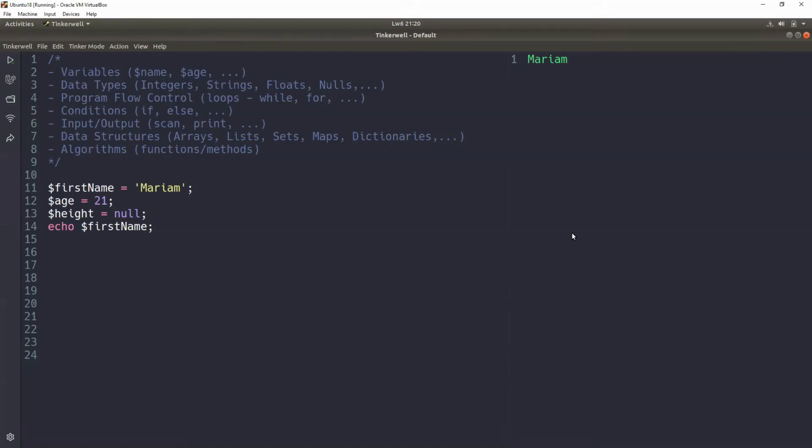For some languages like Java or C, C++, it's a must to define the type of the value that you want to store there. But PHP is smart enough to assign the type of the value. For example, if you say age 21, it will know this is an integer. If you say first name is equal to Mariam, it will assign string to first name. So you don't need to define the type.